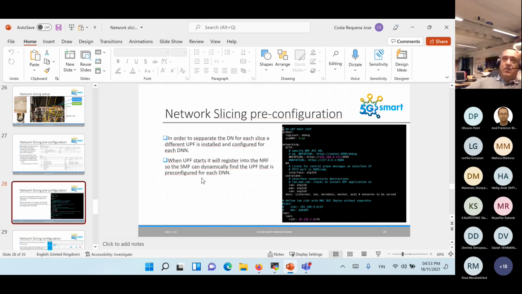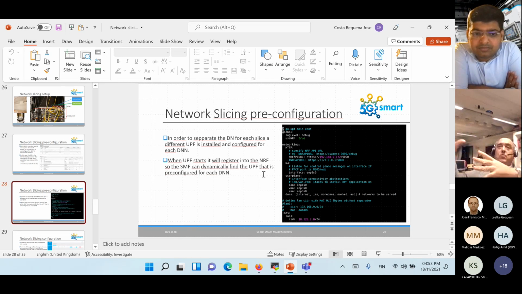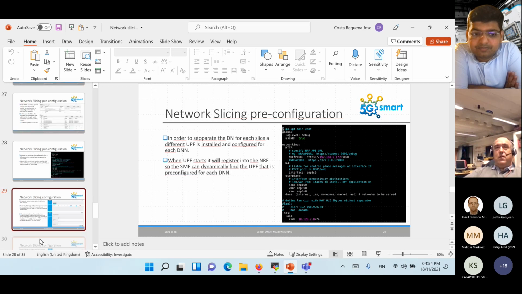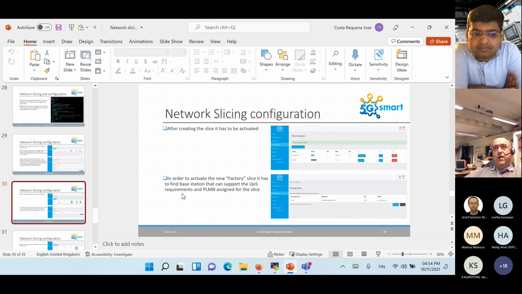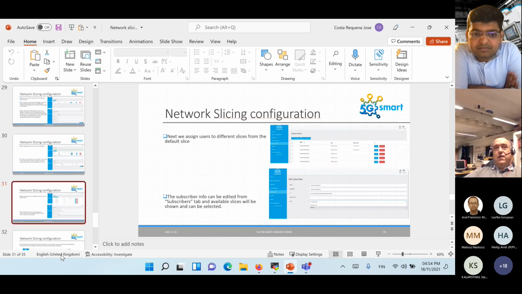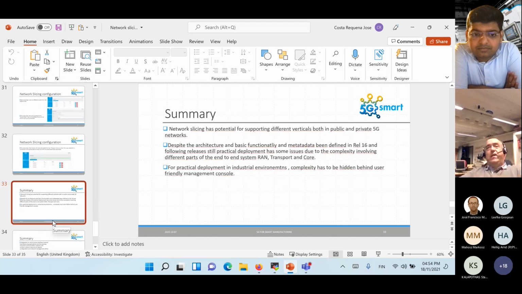Then one thing is that with this service-based architecture, the other feature is that we can deploy multiple instances. So, for example, this is the configuration of the gateway, the UPF, that can then be assigned to the different slices. This is basically a snapshot of what I showed in the demo: how to define and configure the slice, assign the slice, and then basically as a summary,